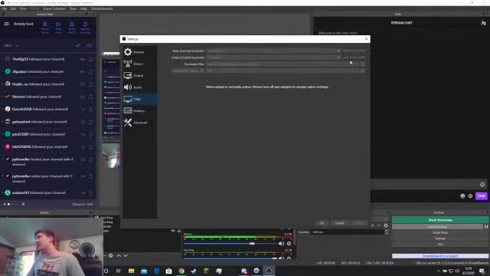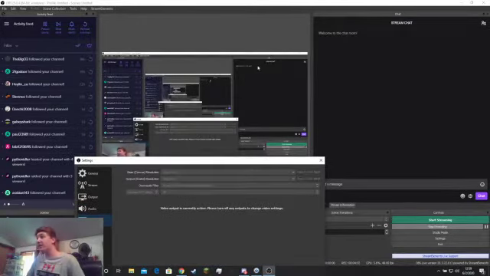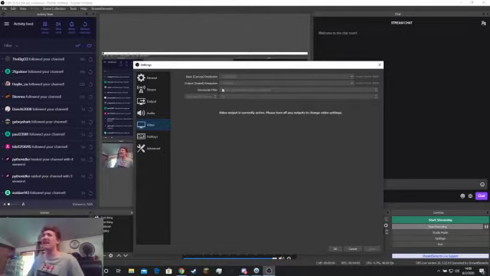I recommend sticking with a 16:9 aspect ratio, just because that's what your preview aspect ratio is. So I think the next one up here is like 860 by something. You can go anywhere from like 360p even to some of the other options. But the main thing that I would be concerned about is